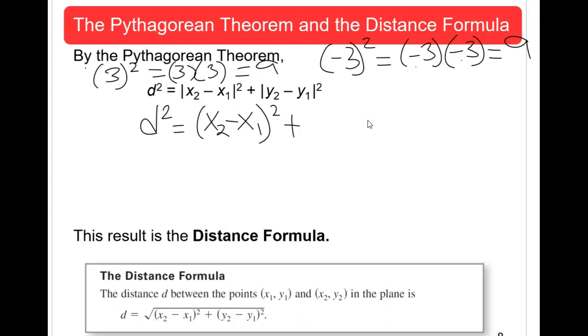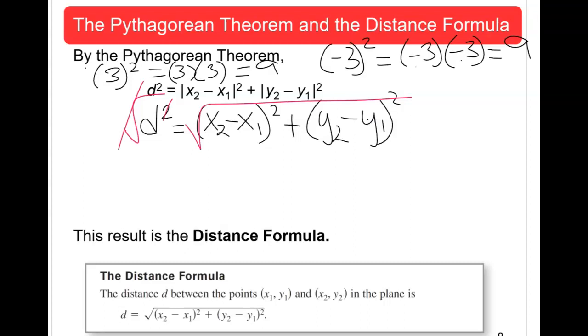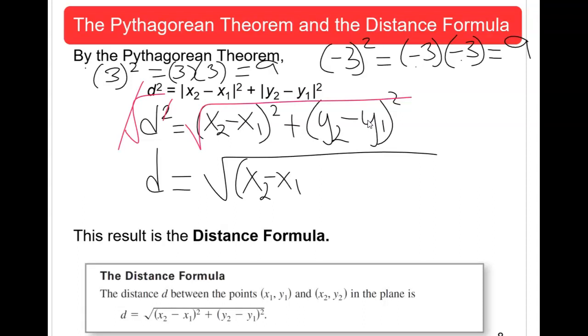And so that's why we could stop using the absolute value and just use parentheses to indicate we will be squaring that. So we take the difference of the x values, the horizontal distance, and the difference of the y values, or the vertical distance, and we square that, of course. Now from here we take the square root on both sides. That square root will cancel that square for d. So now we have d is equal to the square root of (x sub 2 minus x sub 1) squared